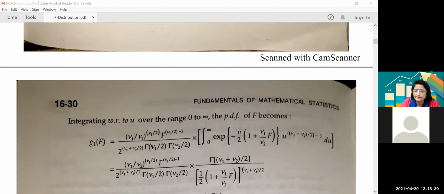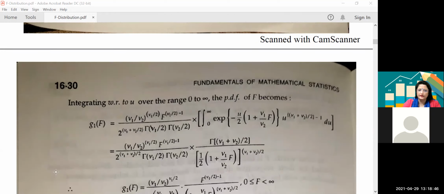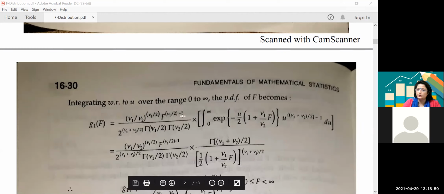Then now whose PDF you want to find? You want to find the PDF of f. It means we will integrate the joint with respect to u to get the value of f. So we are integrating with respect to u over the range 0 to infinity, we will get the PDF of f. So this is g1(f), ये constant सारा as it is,